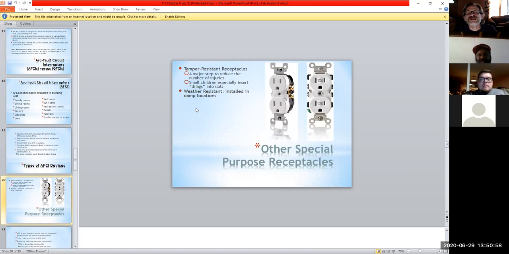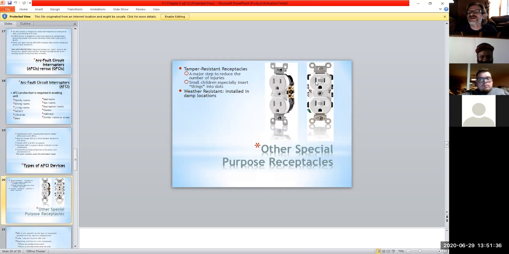And they've got some other ones out there these days. I'm going to take a look at a few other special purpose receptacles, if you will. And these days they're coming out more and more with the tamper resistant style. What that means is, this picture doesn't do it justice, but across the cover of these, there are actually little nylon guards that sit there. So let's say your 2-year-old's running around and he's at that age where he's poking stuff into places, right? Well, what this does is